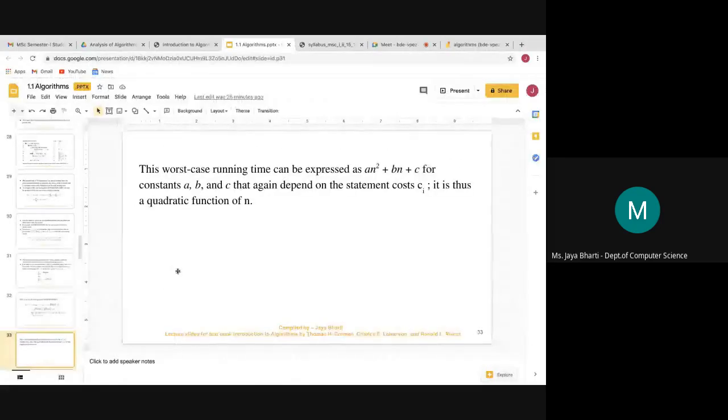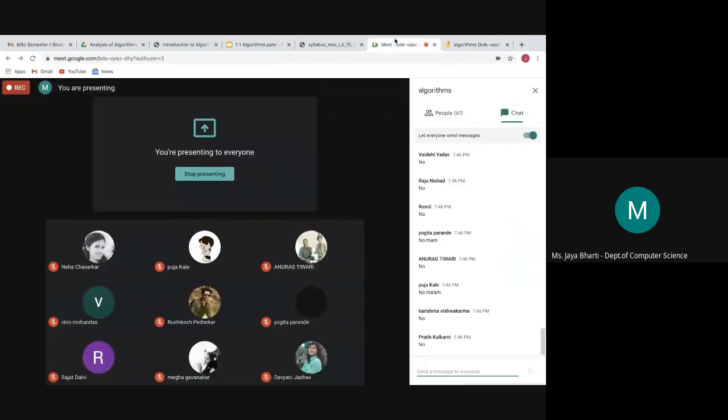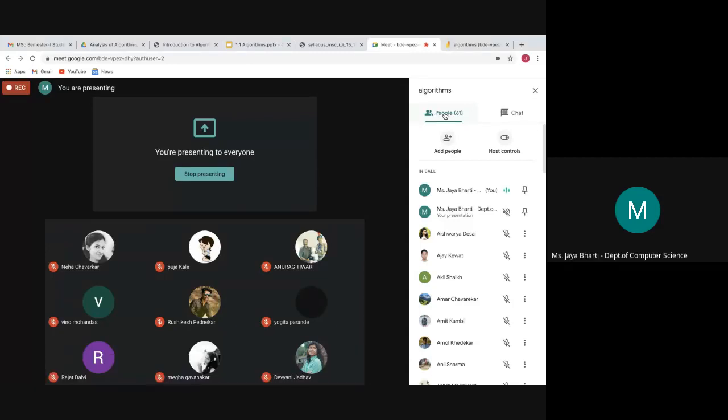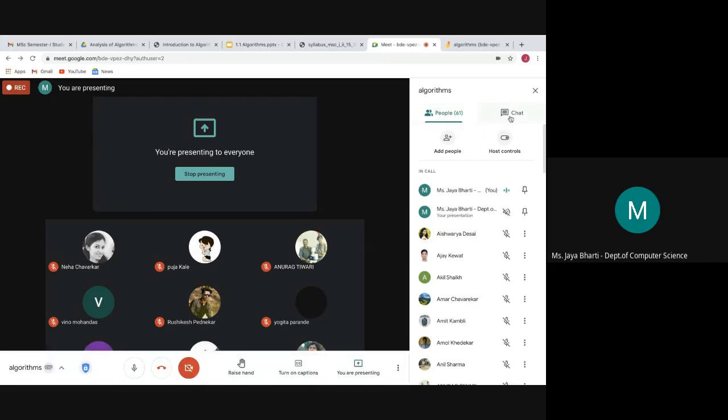So everyone understood how to compute the time complexity of any algorithm. You just need to compute the cost of every step, and you also need to identify how many times each step is executed. Then you need to multiply the cost and the number of times every step is running. Then you need to sum up every step. In that way you are going to get the time complexity of any algorithm. Understood?